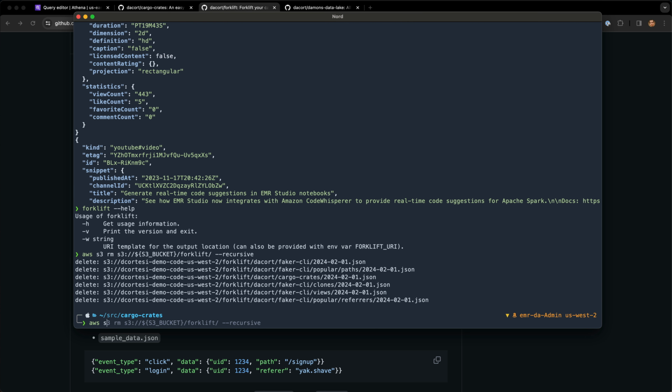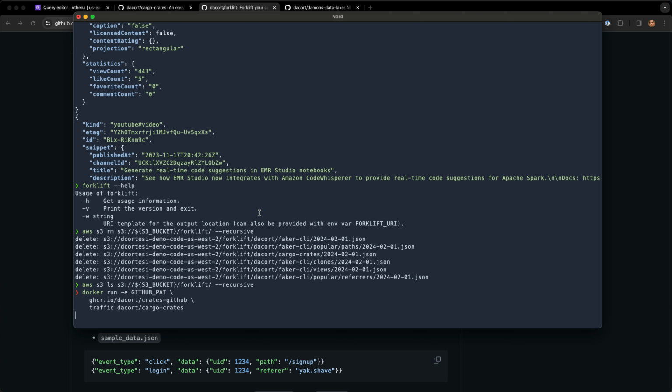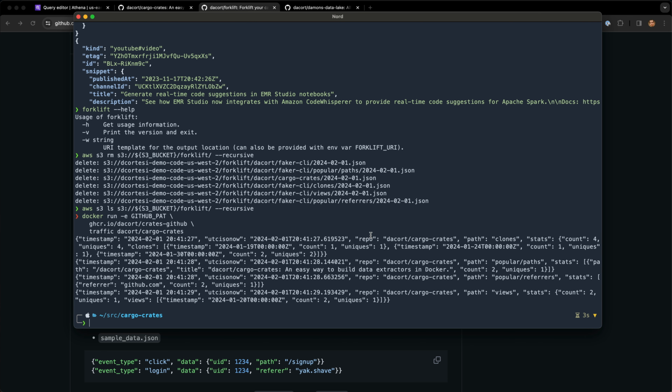Awesome. So now if I do an S3 ls of that location, you can see I've got nothing in there. So what I want to do is let's look at that GitHub data again. And we can see there's a few fields that might be interesting for this GitHub data. So I want to write this out to S3, and I want to take the repository, write that out to the path in S3, and maybe I want to take the path as well because I've got some different paths there. But let's take a look at what this looks like really quickly.